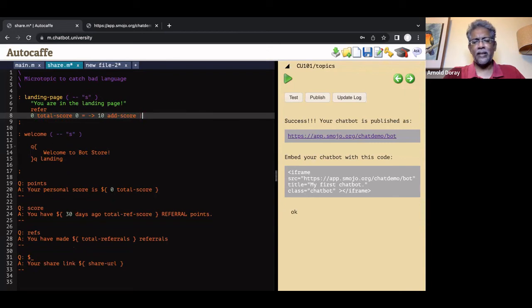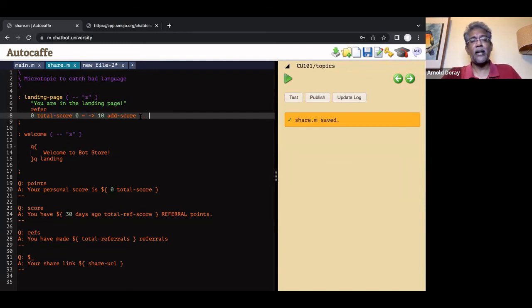Right, so this would prevent the person from, if he clicks the link more than once, he only gets 10 added just once, right? Because I'm checking the total score. If it's 0, then only do I add points. If it's more than 0, I don't add anything at all. Right, so it actually is flexible enough for you to do your own